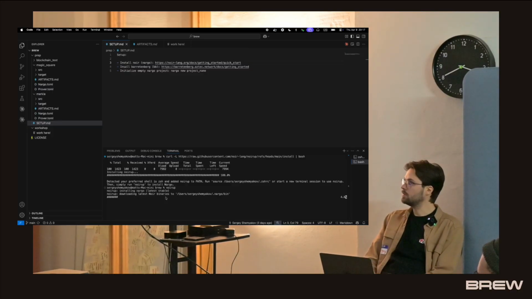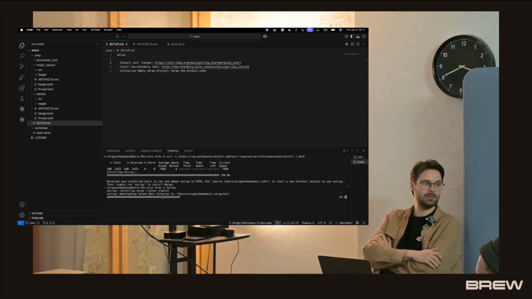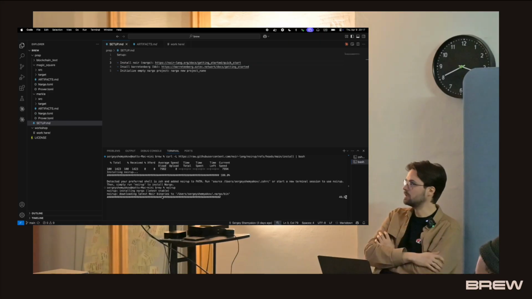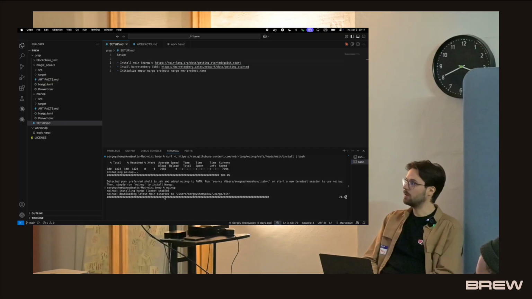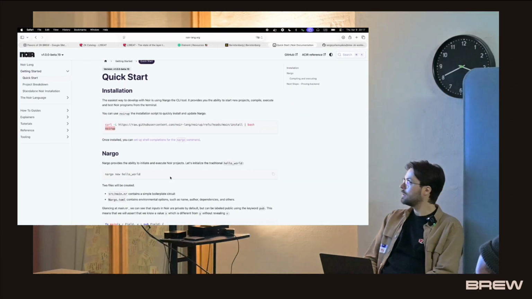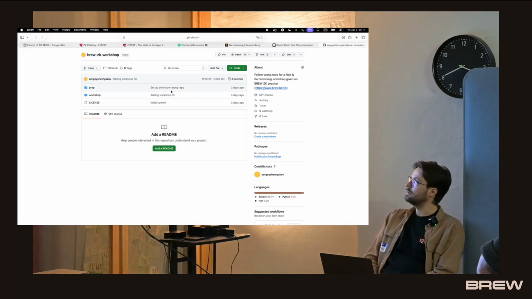So you install noirup and then you run noirup. And this will download the language itself, some tools to build stuff and so on. But in principle, you use this language to write circuits, and then you can prove the circuits using the Barretenberg library. So this is the second step in